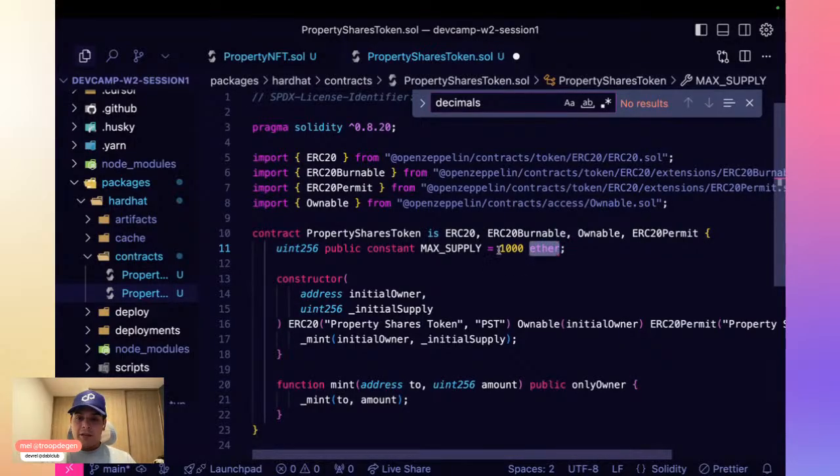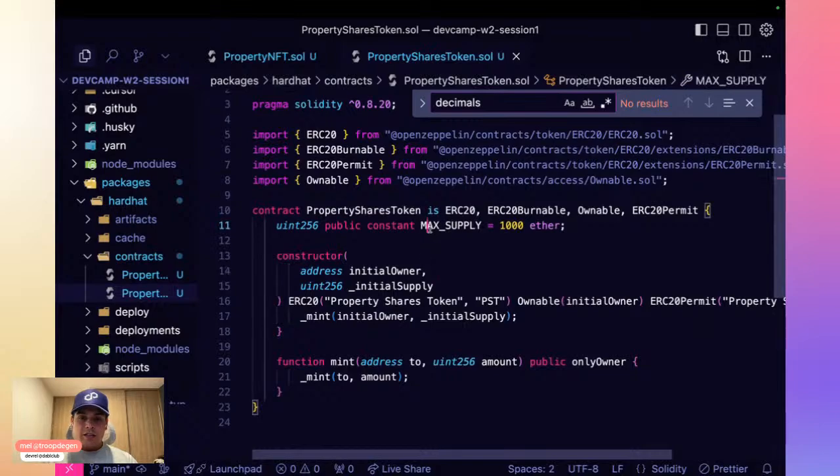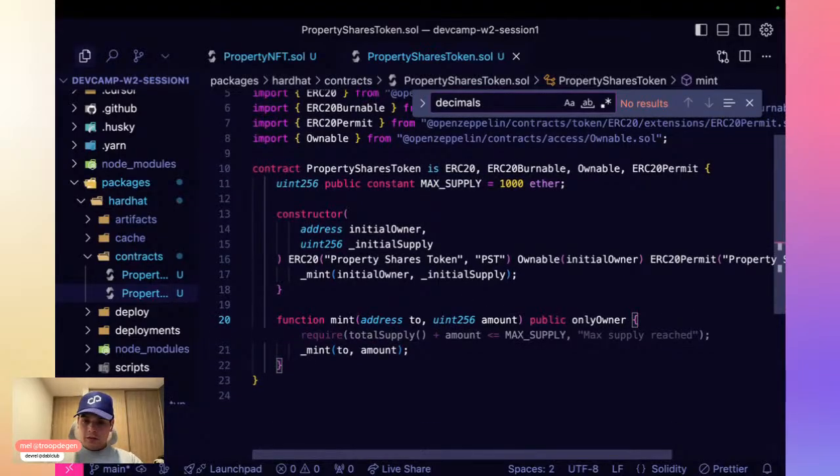And when we say 1,000 ether, it means 1,000 times 10 to the power of 18, so we have all of those 18 decimals. I'm just making it easier on our eyes. So this is the maximum amount of tokens that we will be allowing there to be. That's just a basic require, so we don't overmint.